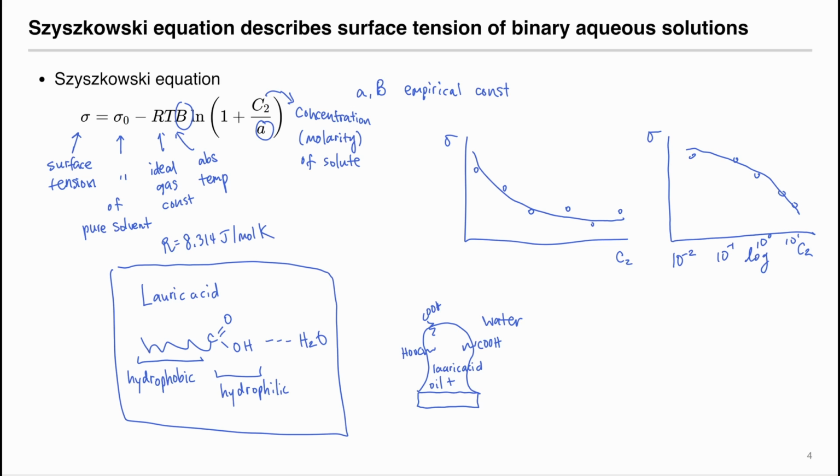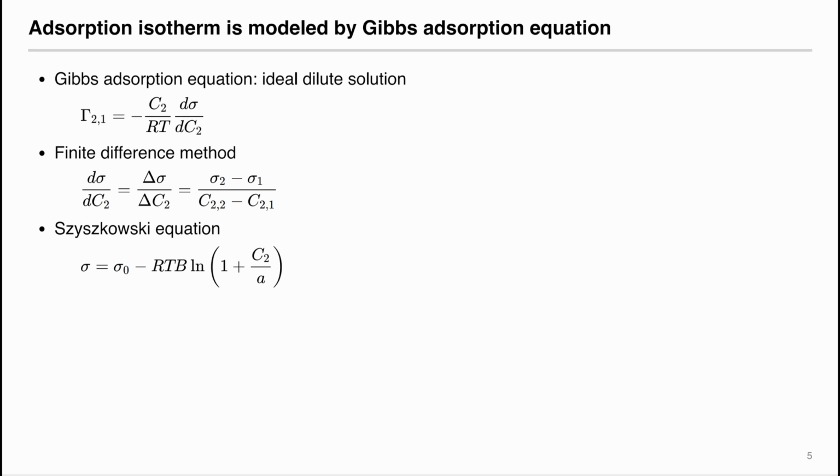And you will determine that using your own data. Another thing we can do with lauric acid, as we have shown before, if we have a drop: the lauric acid will preferentially orient itself so that COOH is at the outside interacting with water, and the inside is the hydrophobic chain that interacts with the oil. And we can use the Gibbs adsorption equation at the ideal dilute limit to describe how much lauric acid is at the surface,